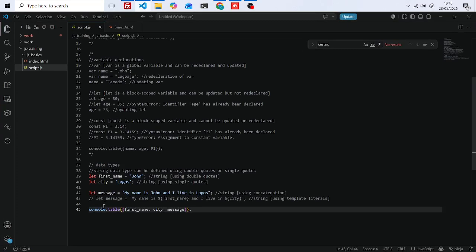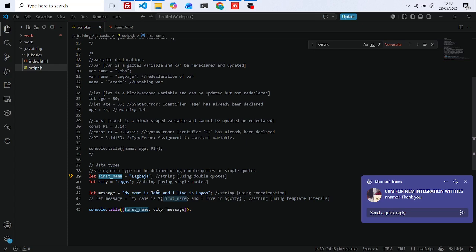So now instead of me using John here, I want to replace it with a variable name. So how am I going to do that? Now this John, I want this John to be Lagbaja. So I don't want to use John again. I want to use Lagbaja, first name Lagbaja. But I don't want to alter this text. So do you know what I'm going to do? I'm going to replace this name here with the first name that I have here. So the way I'm going to do that is there's something called